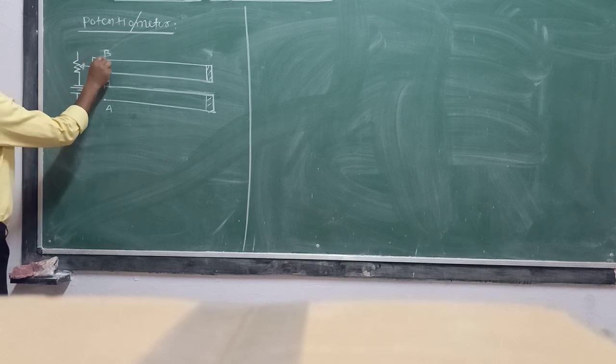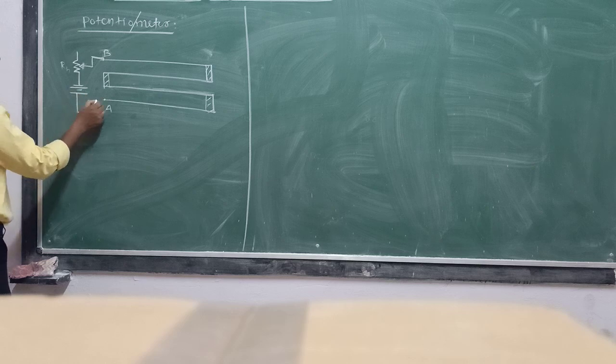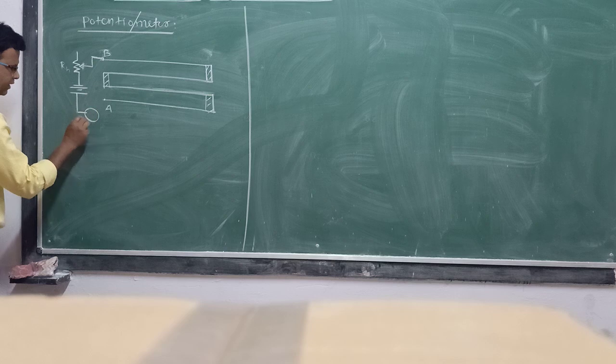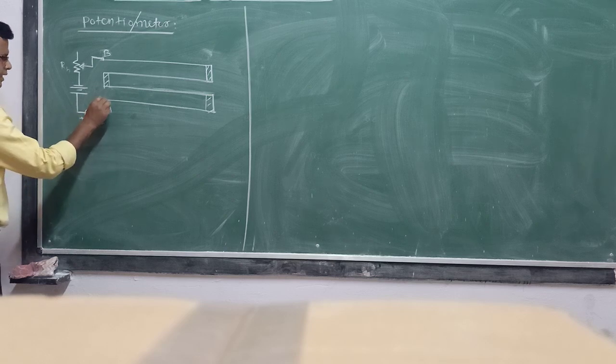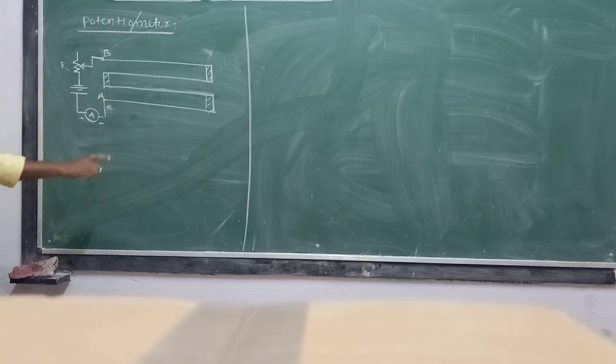Now what is the role of the rheostat in this circuit? In any circuit, a rheostat is used to change the magnitude of the current. Whatever value of current we like to pass through the potentiometer will be recorded with the help of the ammeter, which is also in series with the battery. This is the basic construction of the potentiometer, and this circuit is called the primary circuit of the potentiometer.